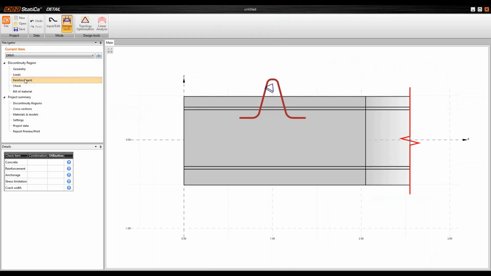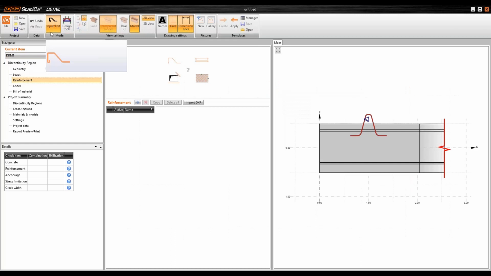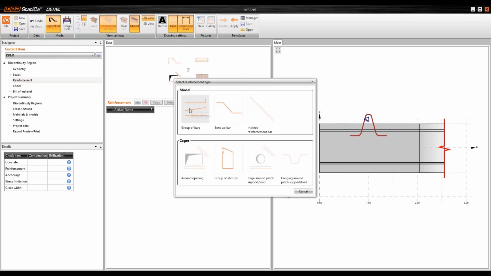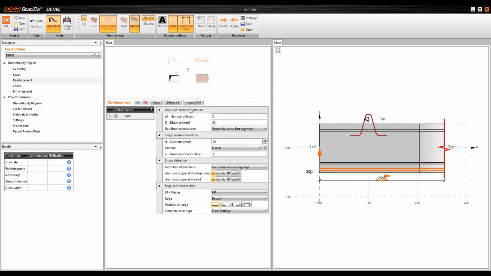Great, so we can now continue to define the reinforcement, and I will enter the input mode of the reinforcement. We don't have any templates here, so I will just enter everything from scratch. Again, by plus sign, I will add one group of bars, GB1. It will be